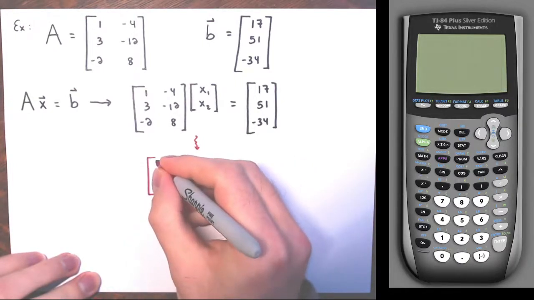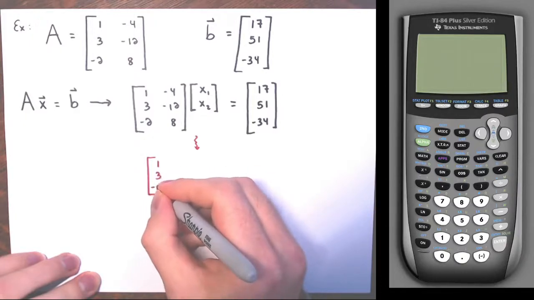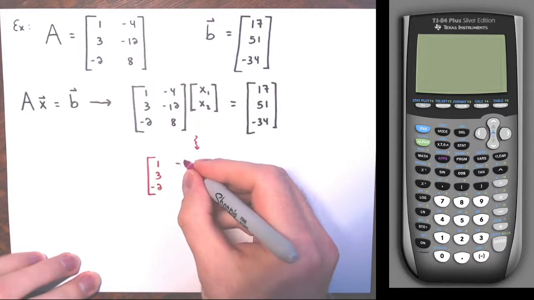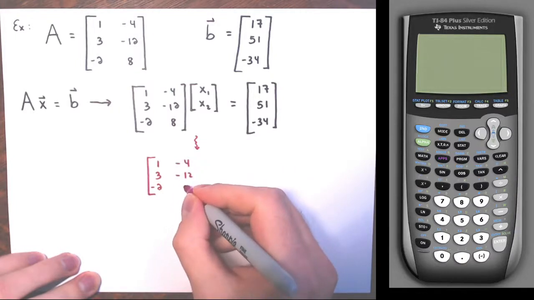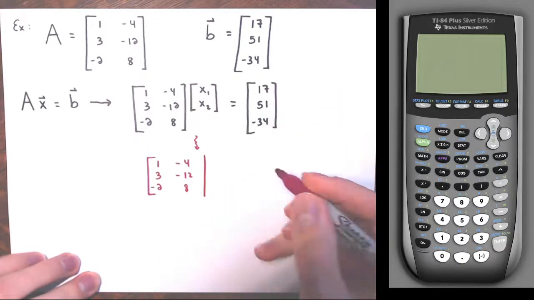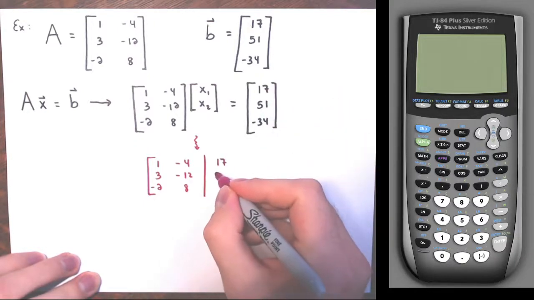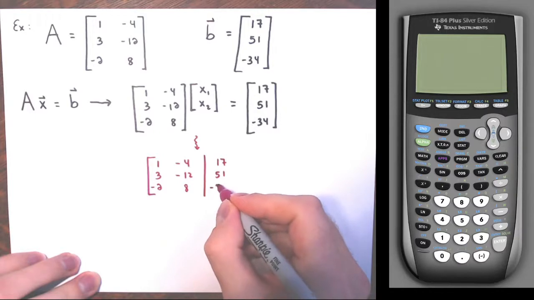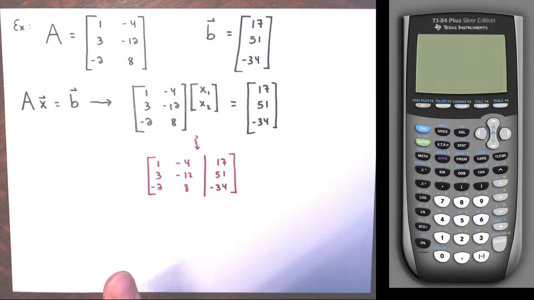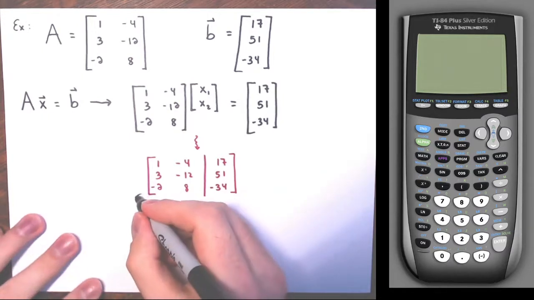Coefficients of x1 down the first column, and the coefficients of x2 down the second column. Then a little bar where the equal sign would go, and then the column b over there, 17, 51, and -34. And then I would take this and put it into reduced row echelon form,